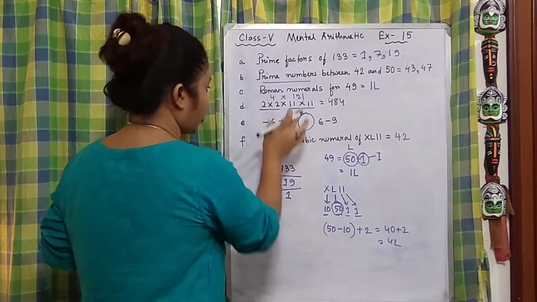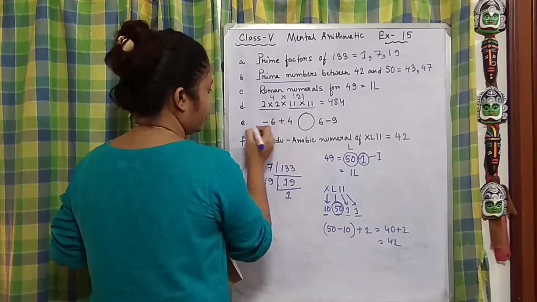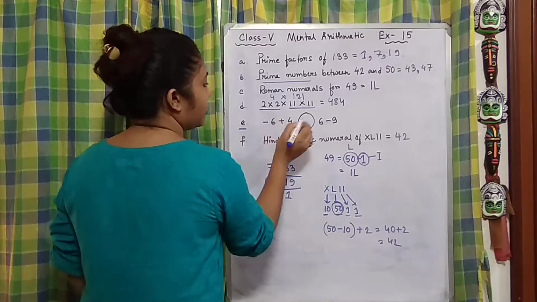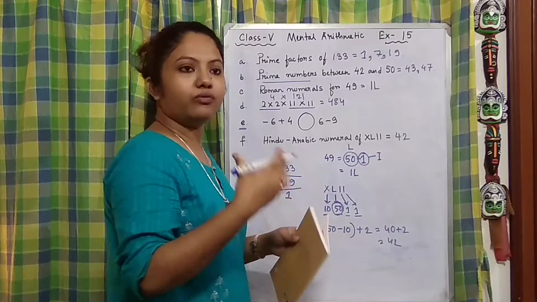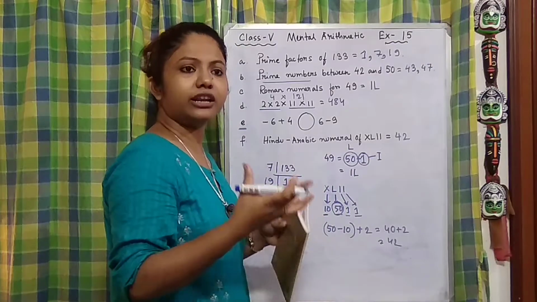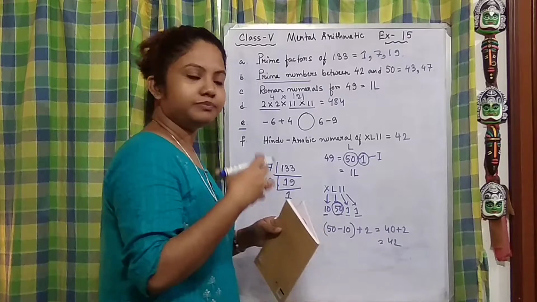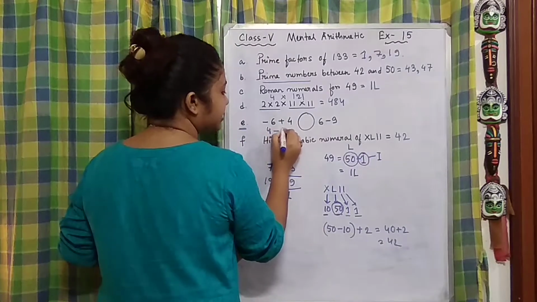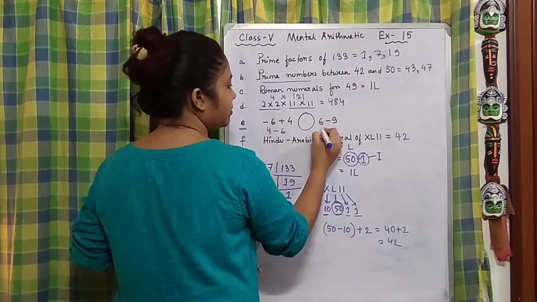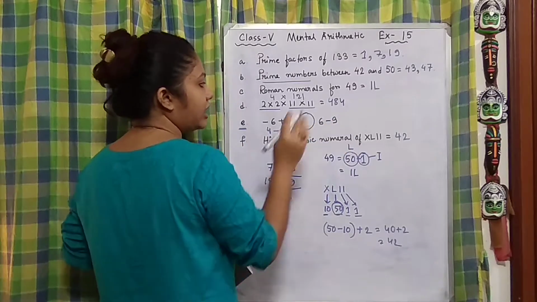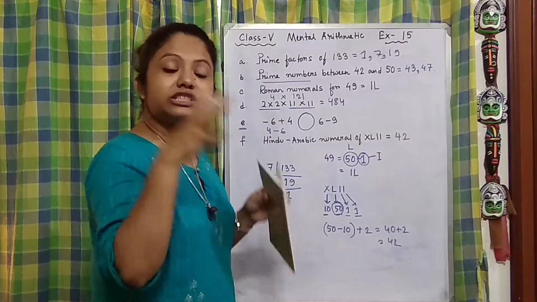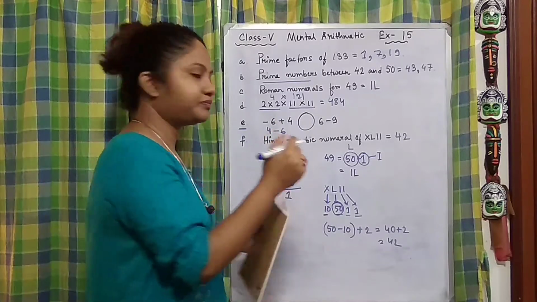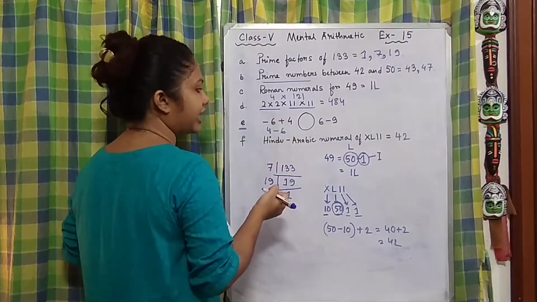Now when we are solving this kind of sum, you can see why E is very special, because we have to know something new. Till now, we have subtracted the smaller number from the bigger number. Now in this case, see, we can write 4 minus 6 and here also 6 minus 9, where the number getting subtracted is bigger while the number from which it is getting subtracted is smaller. How are we going to do this kind of sum?